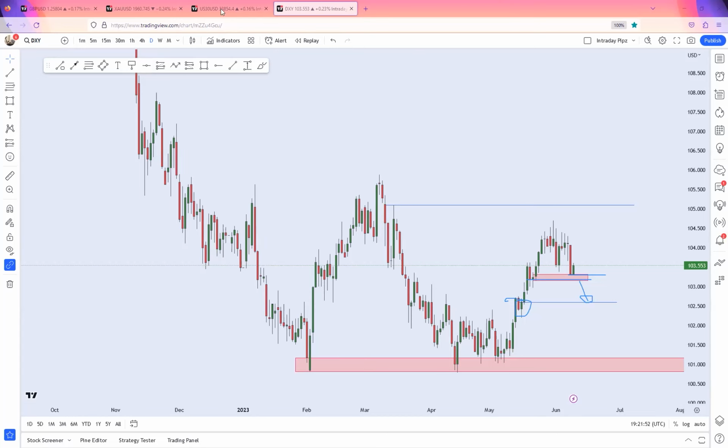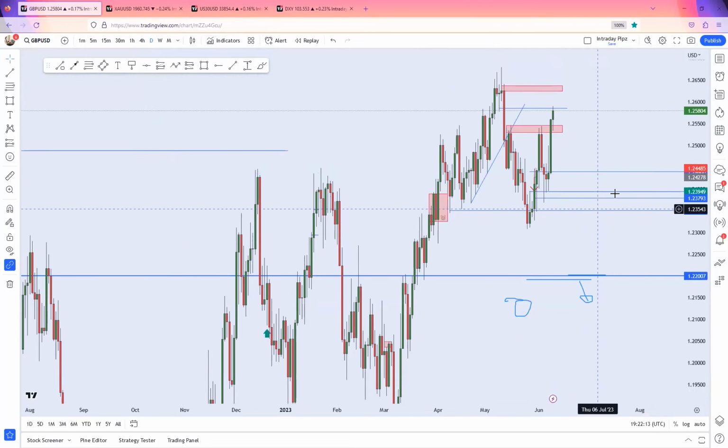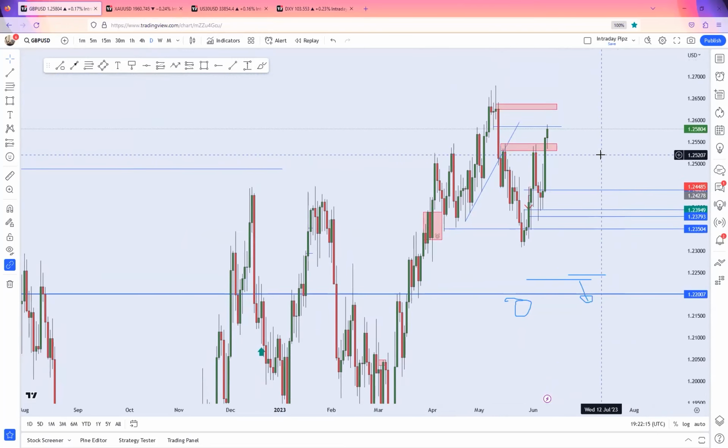Okay, having established that when price breaks below the zone or below Friday's candle low, I should be expecting USD to continue bearish, which means we should be seeing a weak USD, let's quickly jump to GBP/USD and see what it has for us. On the flip side, price has been trading bullish because we saw some weakness on the index. So pound gained over the USD and price has been pushing higher.